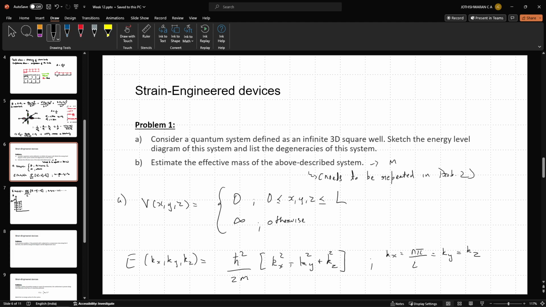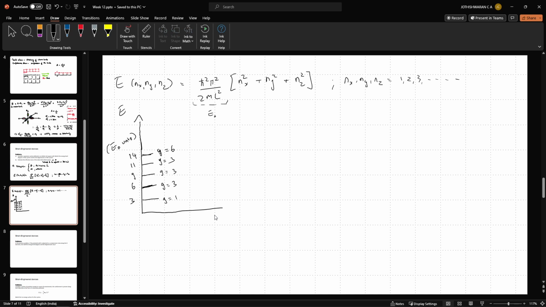Yes, I'm back. So problem 1 is solved. So the degeneracy levels. The first 5 energy values are: E1 is 3 E naught, E2 is 6 E naught, E3 is 9 E naught, E4 is 11 E naught, E5 is 14 E naught, and